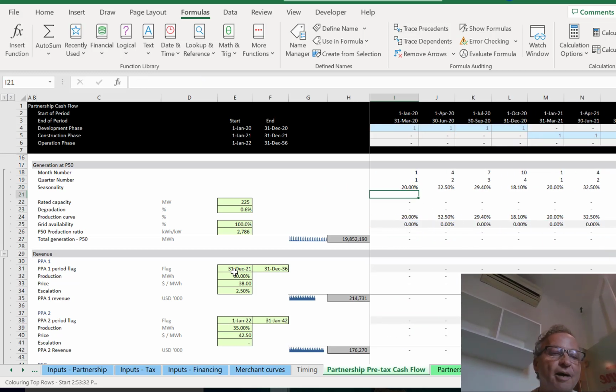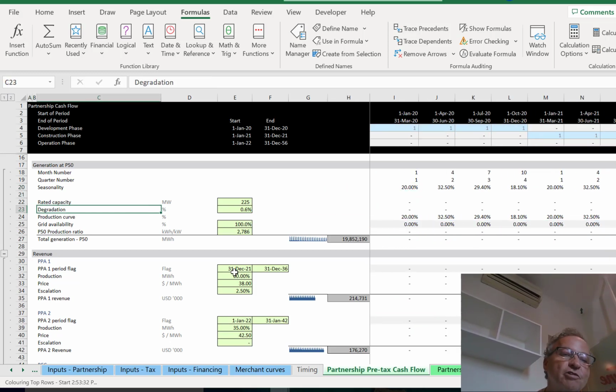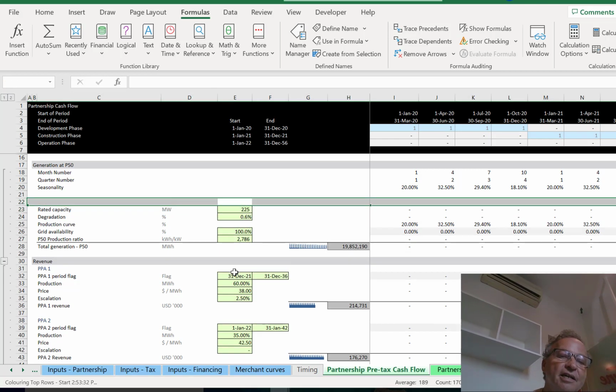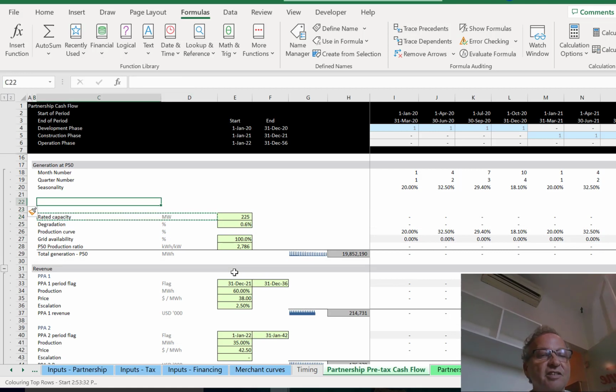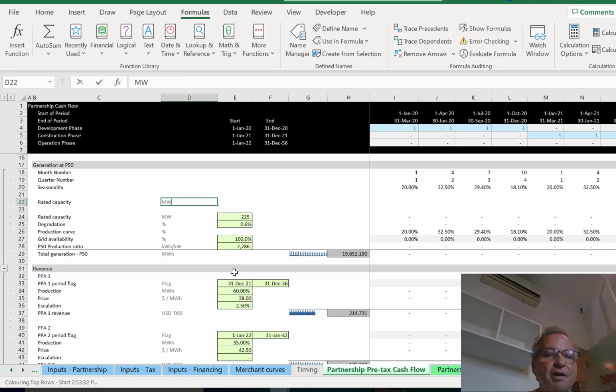We used a lookup function, and so we should always start, to me it just is so obvious with this, and perhaps we should even go upstairs and put the rated capacity and just be extremely transparent and put MWP,